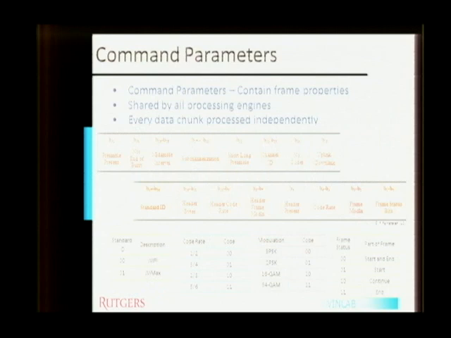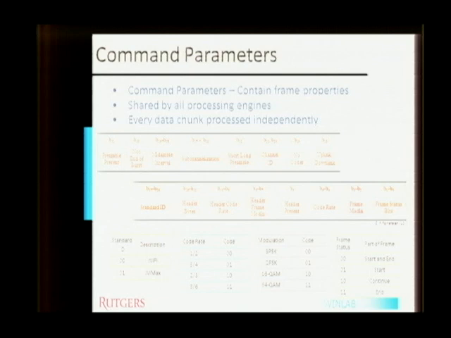So this is an important feature of the processing engine. This is the command parameters. It is a 32-bit word that contains the frame properties. And this word is tagged along with every chunk of data, with every task. So whenever data comes in, it needs to have this information with it, like standard ID, which will tell me whether it's Wi-Fi or WiMAX. We have the code rate, the frame modulation, and the frame status bits. The frame status bit tells me which part of the frame the chunk belongs to.